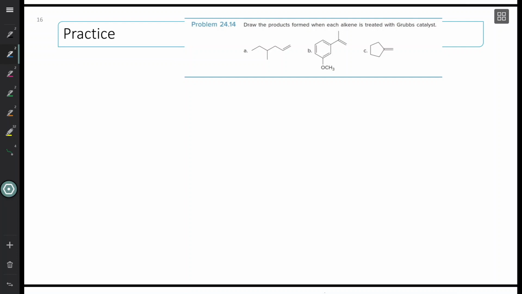And here is some practice for you. So again, this is kind of the level of problem that you'll ever see on an exam. It's not a lot of theory. It's just sort of understanding what happens in a Grubbs cross-coupling reaction. So for example, if we're going to do A, it's basically we're going to